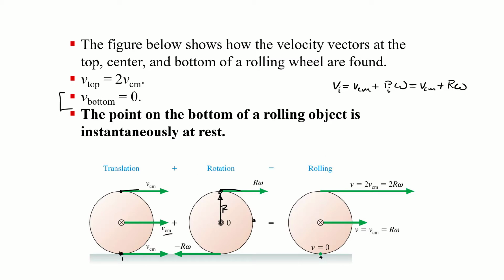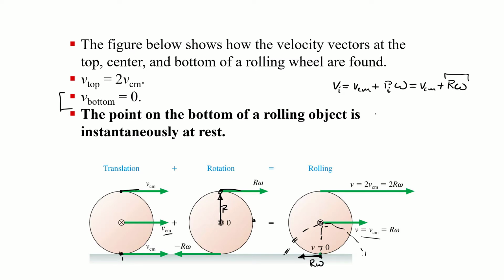But we also know that this is equal to the velocity of the center of mass, because you can think of this as going on a circle like that, spinning at the same rate. A better way to think about it might be that relative to the center of mass, the bottom of the wheel is going negative r omega. That tangential speed is r omega, so the center of mass is going r omega relative to the bottom.